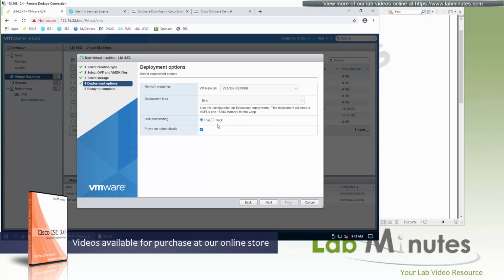For disk provisioning, even though thin provision is enabled, in production, definitely if you can afford to reserve the disk storage, it is recommended to choose thick. For us in the lab, we're going to leave it as thin,